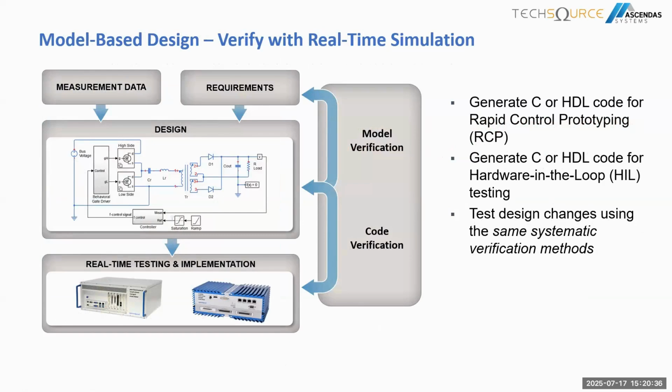In model-based design, we are not only running it on the PC, on the workstation, but we are able to generate code, C or HDL code for FPGA, for example, from both control algorithms and the electrical models. This gives you real-time testing options. You can generate real-time testing for control algorithms. You can hear what we call rapid prototyping, as I have shared earlier. The code is implemented in a real-time system, which is a deterministic real-time computer.